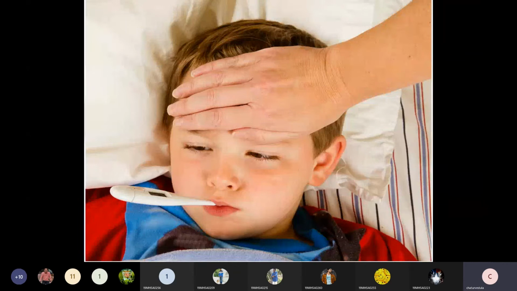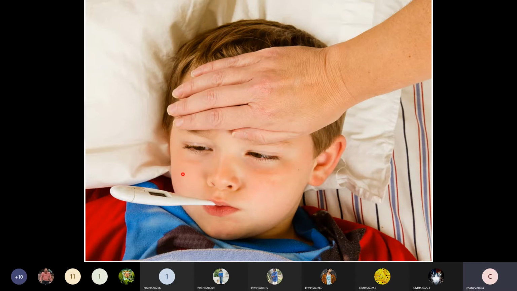So there we are looking at the temperature of the human body. We are measuring the temperature of the human body, and we are observing the temperature in two ways. One is with our human hand. Our human hand is a very good sensor. Here we are using the hand to measure the temperature, but we cannot exactly know the value. We can say that the body is hot, or we can say the body is cold, with our hand. It's a very good sensor to measure the temperature, but we cannot say the exact value.